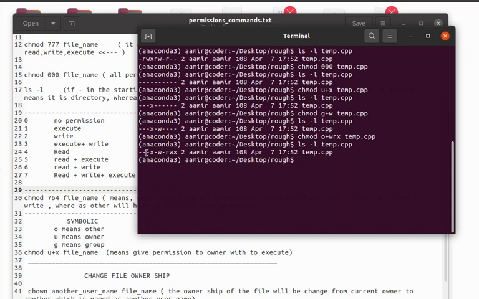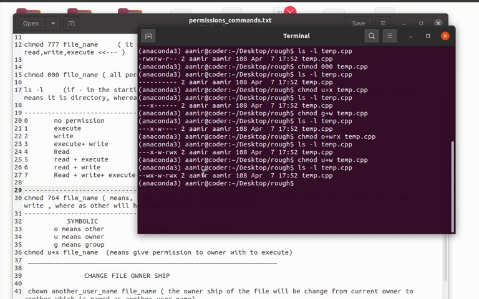And if we want to give the permission of write also to the owner without changing others, what we will do, we will do chmod, and for this we will use u means owner or user, and plus w to temp.cpp, and you can see here we get the write permission to the owner, we gave the write permission to the owner.